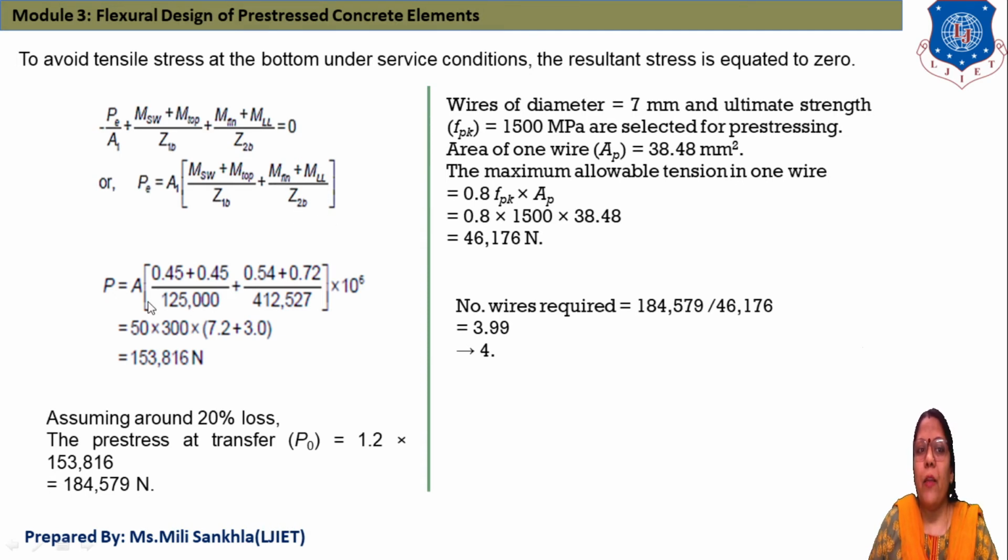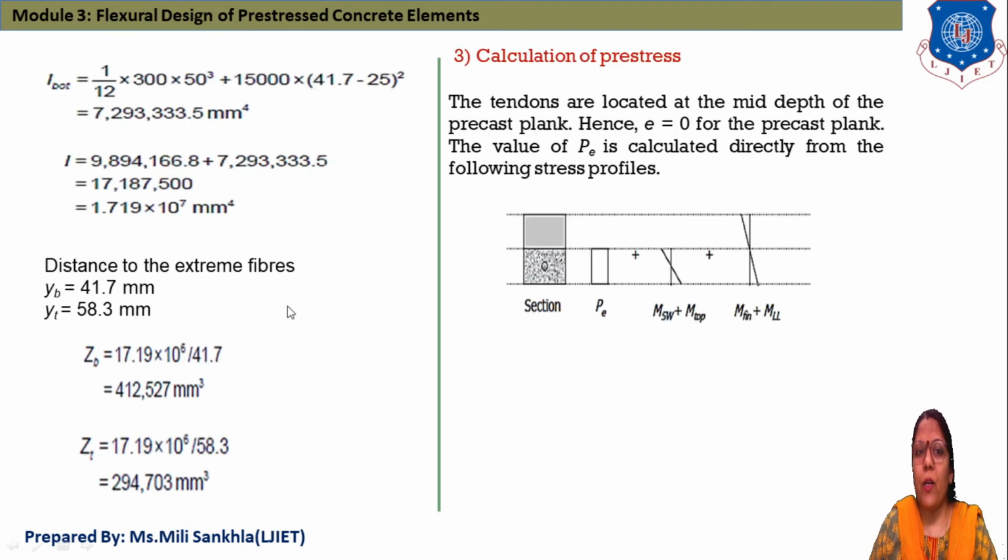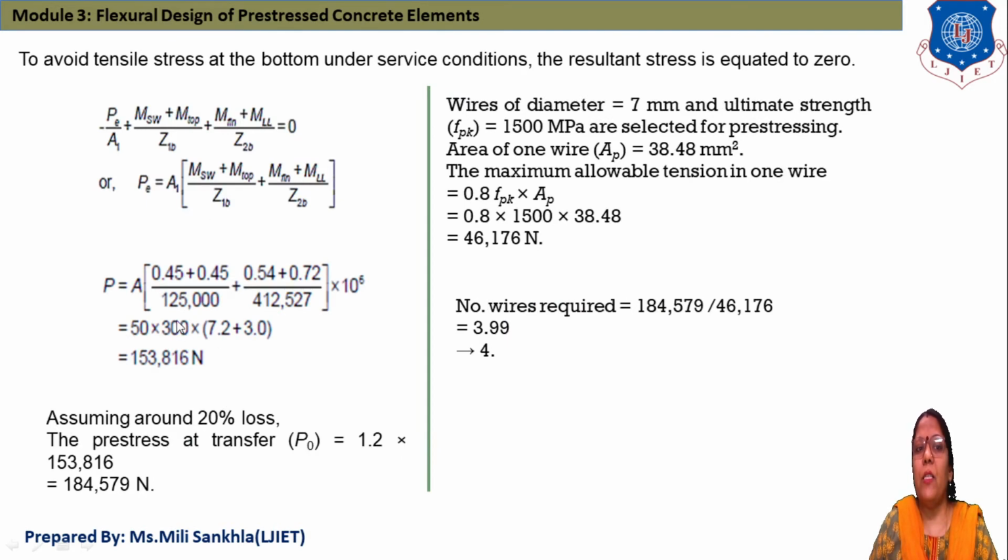P, then area 0.45, we already found 0.45, then 1,25,000. Look at this, this is the value of ZB and ZT. Now ZB is equal to 1,25,000 and ZT is equal to 4,12,525. And this is the moment due to self-weight, floor finish, and moment due to live load. These are all given in kilonewton meter, so simply multiply with 10⁶ to convert into Newton mm,